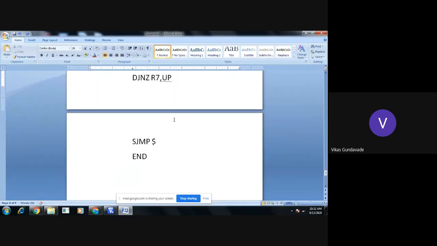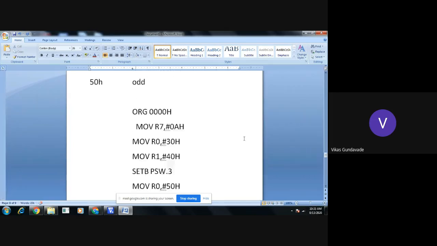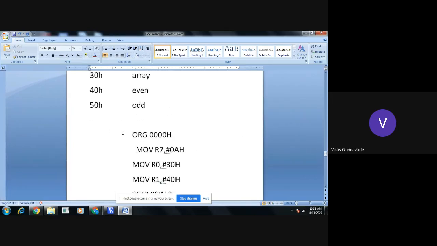Everyone got it? In the previous program, we incremented the counter. In this program, we are shifting the memory location contents from one memory location to another, depending upon whether the number is even or odd. Now we will try this program in the Keil.